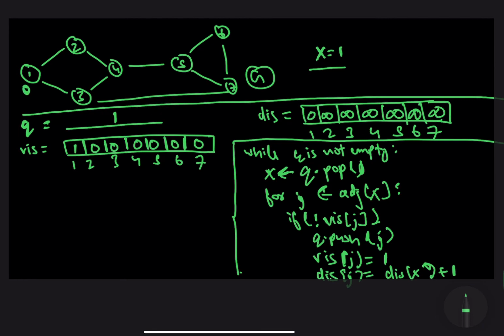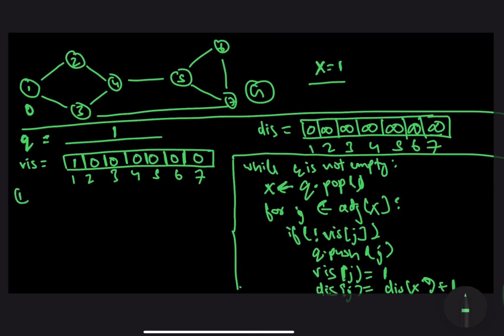So initially the node x equals to 1 will be at a distance of 0 from itself. Now let's proceed with the algorithm. In the first iteration, node number 1 will be popped out of the queue. Then we would iterate over all the nodes which are adjacent to the current node. The nodes adjacent to the current node are node number 2 and 3. So iterating over node number 2, I know it was not pushed into the queue before, so we would push it now.